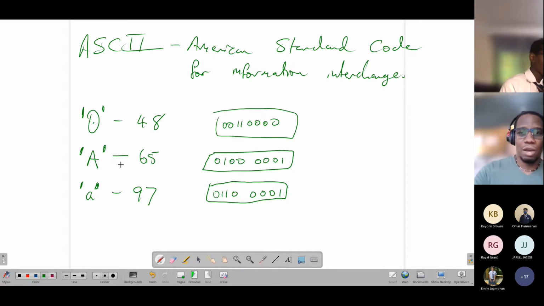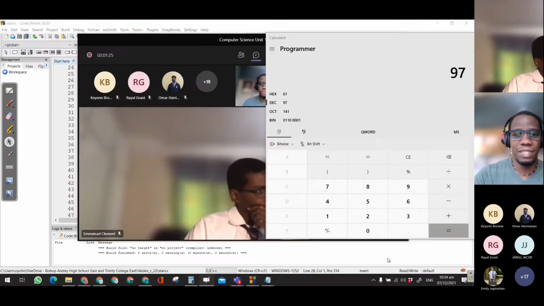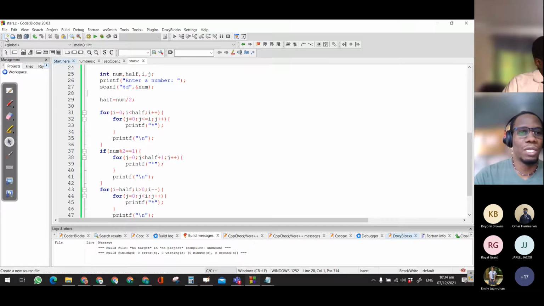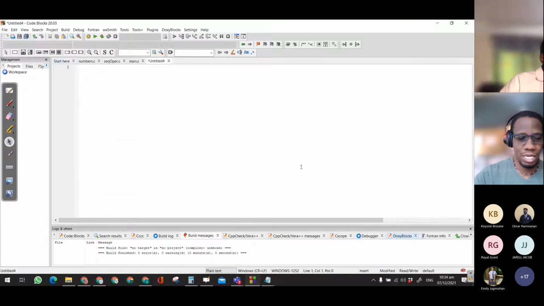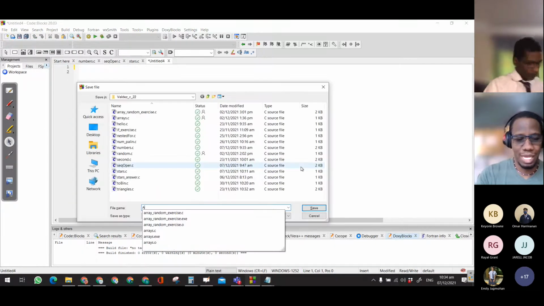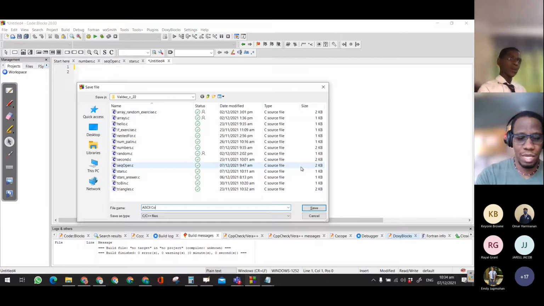It allows for manipulation of data in special ways. It also shows that there's a relationship between characters and integers. So let's say, for instance, I go to my code and I name this code ASCII_convert.c,